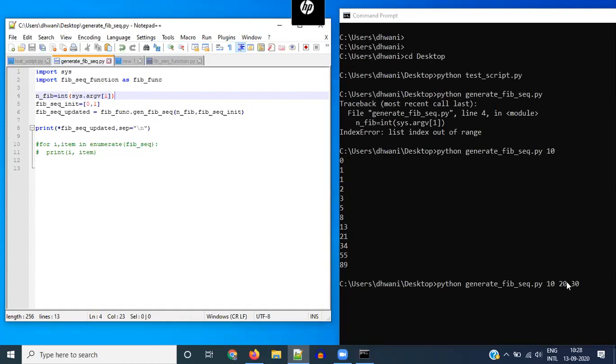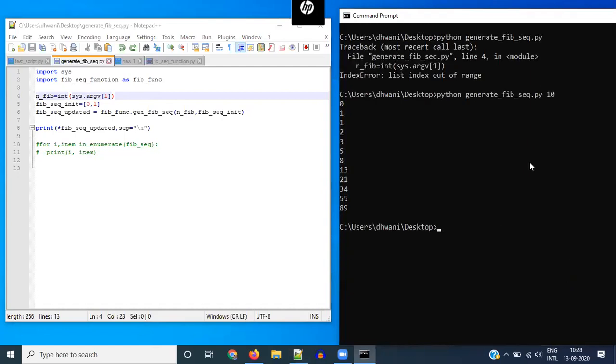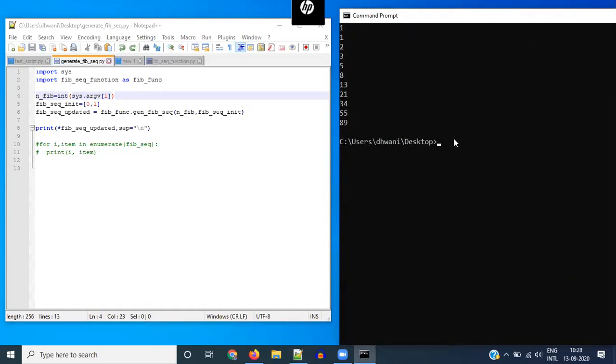So argv of 2, second index would be 20, third index would be 30, and so on. So argv is just a list that captures whatever you write after the Python command in your terminal. And why is it useful? It's useful when you want to allow the user to pass certain arguments to your function without having to hard code it inside your script itself.